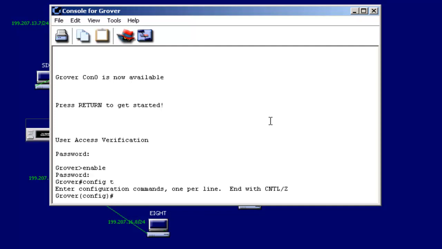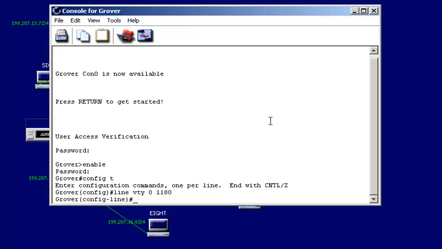First off, how would you unapply an access list, and how would you delete it? Haven't really gone over that yet. So to unapply it, let me select the line VTY 0 1180. And the syntax, you can just use no, like you can with so many other commands in the IOS to negate something. And so if I wanted to remove the access list I had previously applied, remember it was access list 8, then I could simply say no